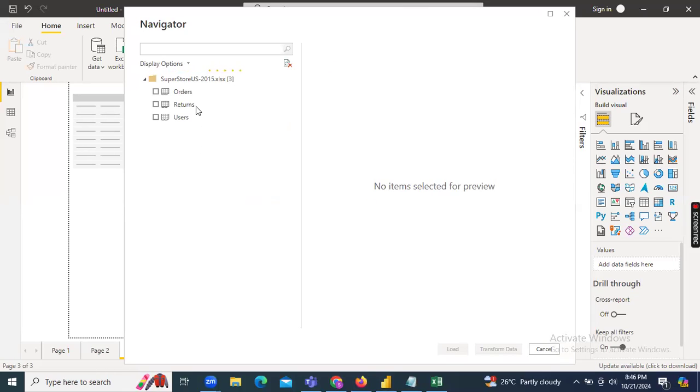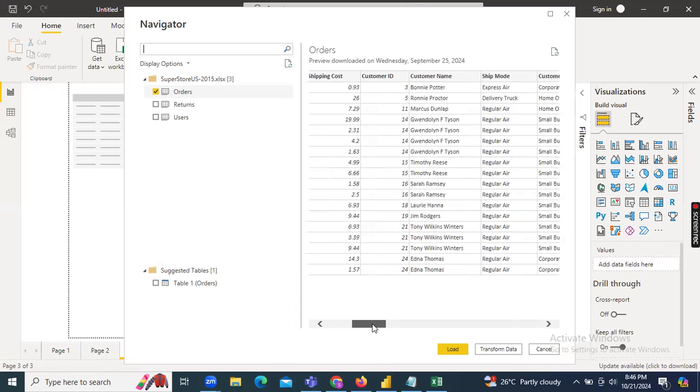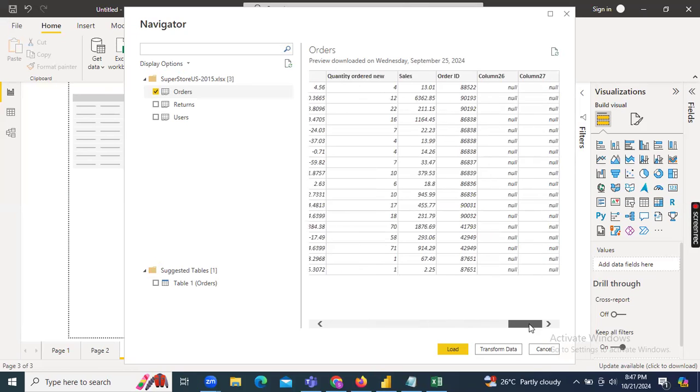As I said, project 1 is connecting to Excel, so first I am going to connect this data as an orders table, one of the tables, because we have different sheets in the Excel. Each one will be taken as one table, guys. So this orders table contains the data. If you observe, row ID, order priority, discount, shipping, we have some information. So let me load.